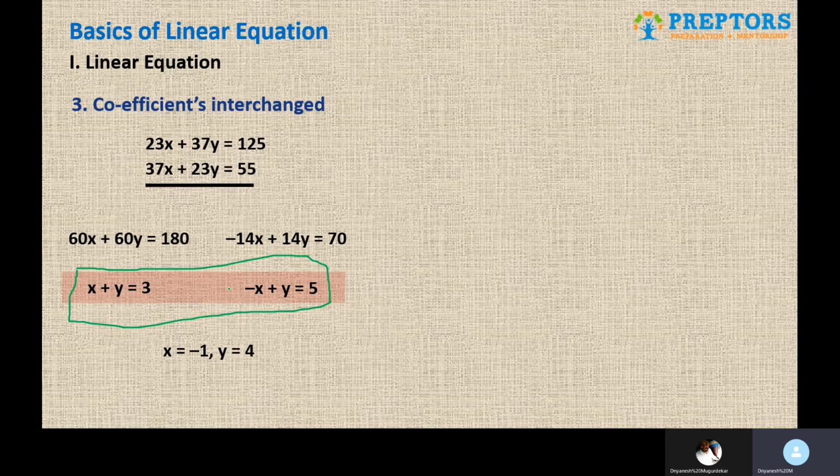And the fourth and the last category, obviously no relation whatsoever, no same sign, same coefficients and all of that, just any random coefficients. You have two equations with any random coefficients. What we do is obviously try and make any one of the coefficients equal, either x or y. Preferably here I will want to make y equal, because I can see 5 and 2. If I want to make them equal, I have to take the LCM, which is 10. So I need to make both the y's 10, and plus minus also helps obviously.